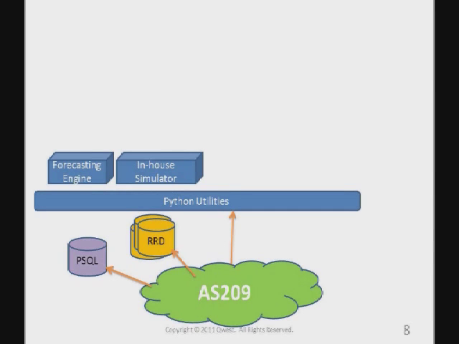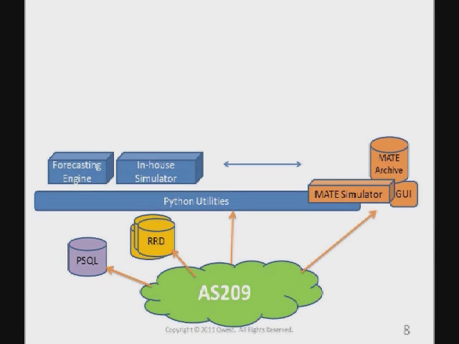So our second layer here is our toolkit, and we have an in-house forecasting process that's developed over time. We have a homegrown simulation engine, and we have a set of Python utilities that we use. The other half of our toolkit then is vendor purchased, and we use Cariden's Mate product, which consists of 3 components. There's an archive, which takes a snapshot of the network every 2 hours. There's a simulation engine, and a GUI that helps us visualize what's happening in the network. So you'll notice a component here that's homegrown that I added to the vendor side of the equation.